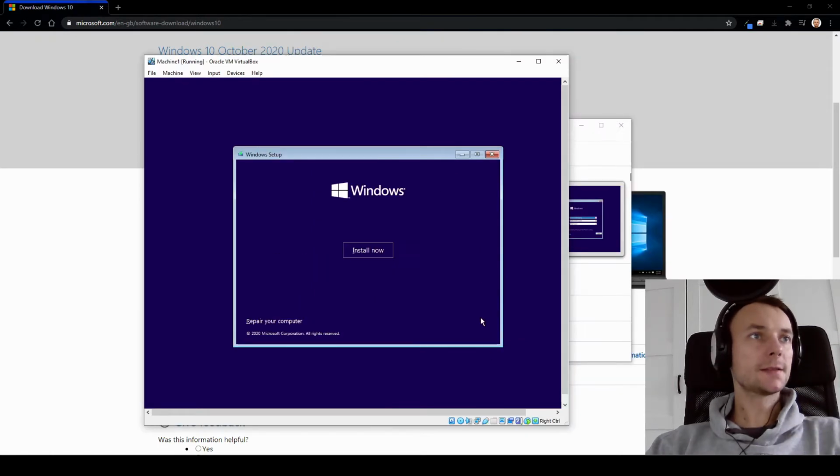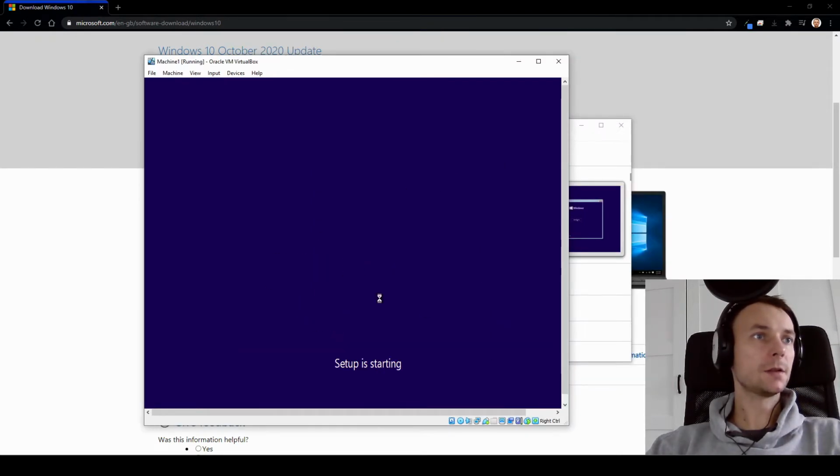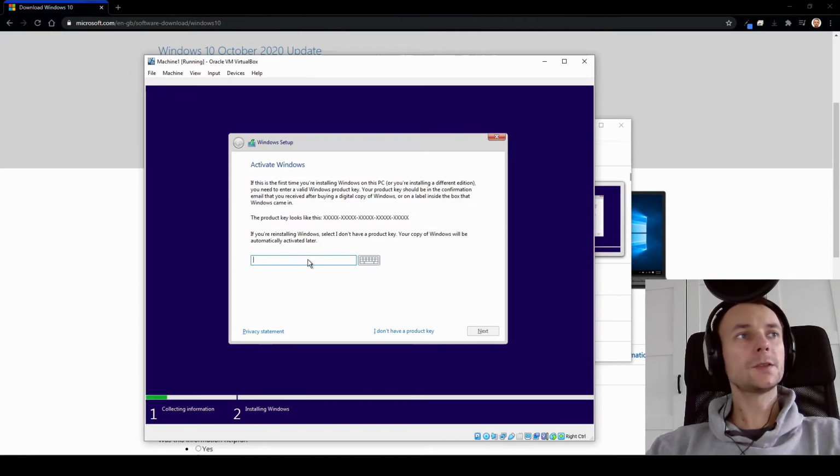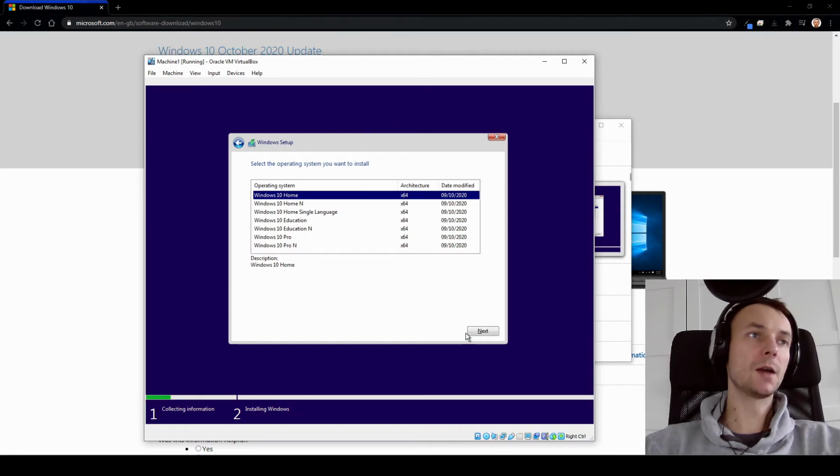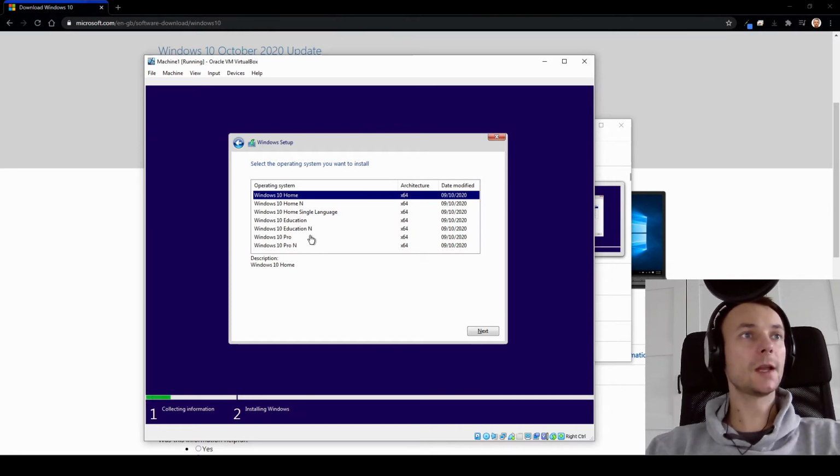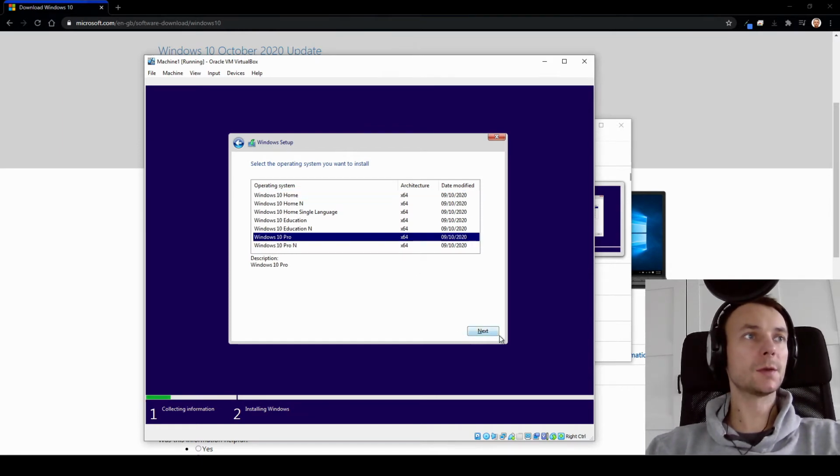Click on next and let's install now. Here we have to provide a key, but we don't want to do it just yet. We don't need to activate it for now. I will just click on I don't have a product key. We just want to see how to install it, and I will choose Windows 10 Pro. Why not? Click on next,